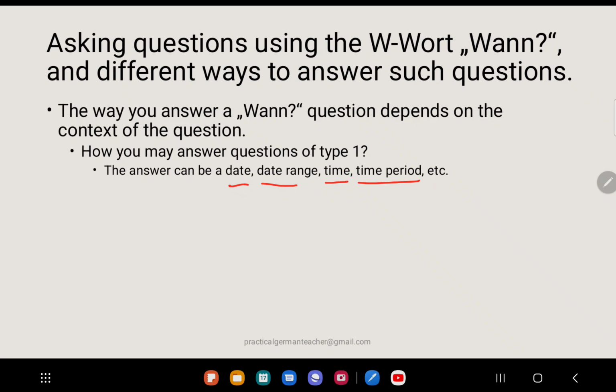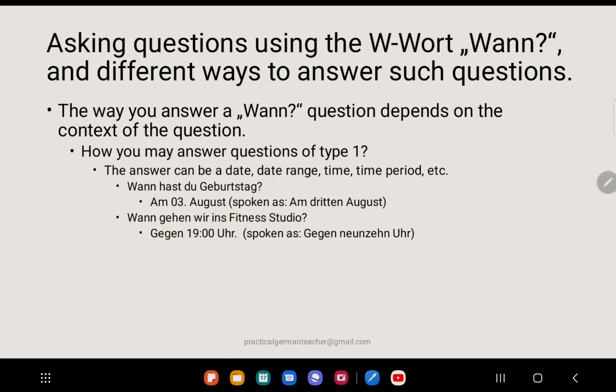Date will be just one day, time will be just exact one time, range will be from this date to this date, time period will be from this time to this time, and there can be others as well. I mean, like, till what date, till what time, or after which time, or till what time, onwards, such things. So examples: one has to Geburtstag, you can just say